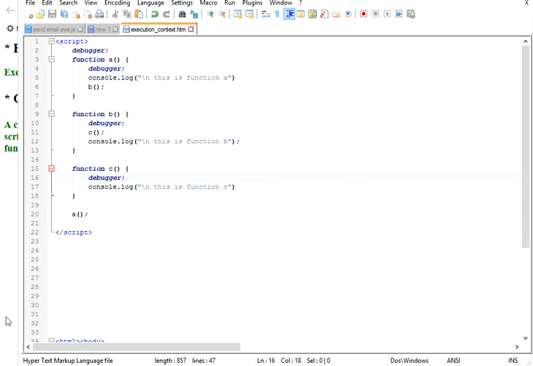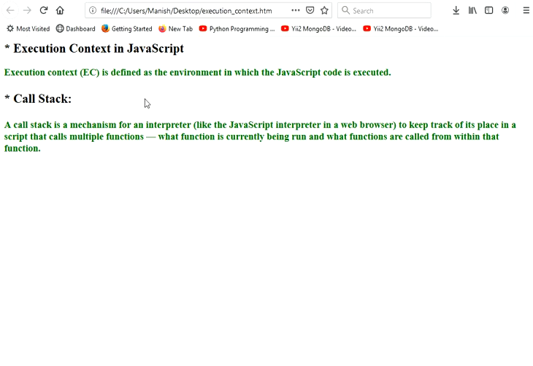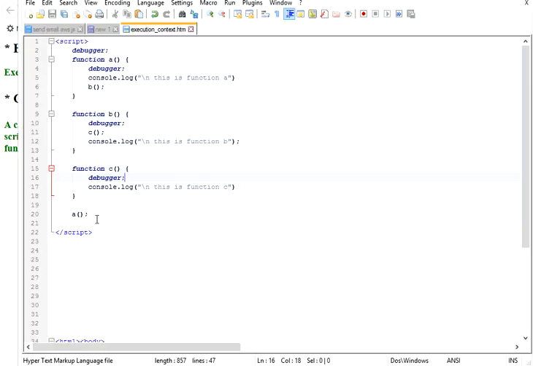Let me open the browser and run this code there. One more thing, I have placed the debugger at the start of each function, just to see how the interpreter executes the code statement by statement.